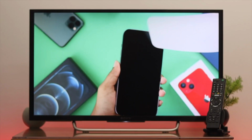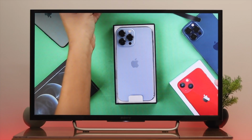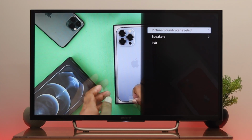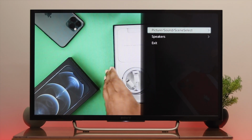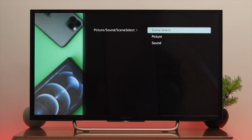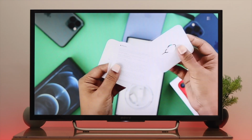To do that, simply grab your remote. The first thing is to find the option key on your remote. Just press it and you'll see the picture, sounds, and scene select options. Now press OK, and it's going to give you three different options. We're just going to highlight the picture option and then press OK, and it's going to give you the